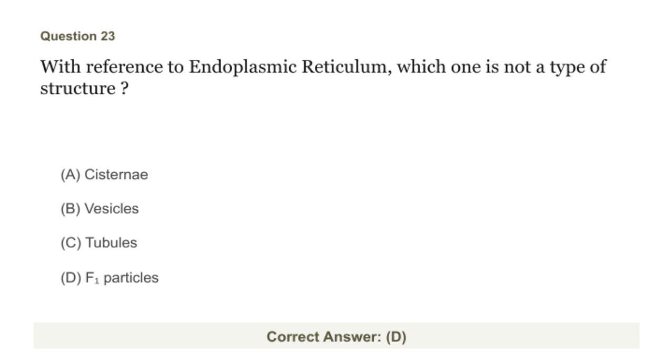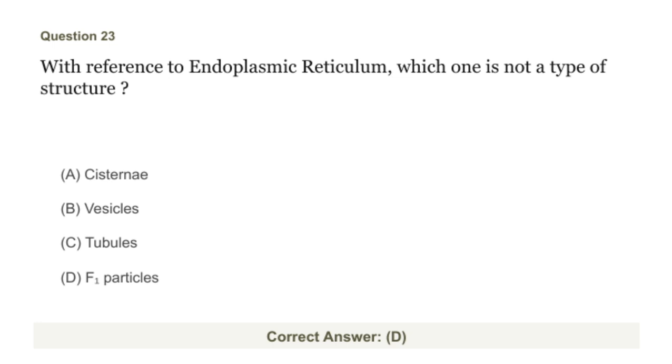All right, so for this question, we're asked to identify which of these options is not a type of structure associated with the endoplasmic reticulum. The correct answer here is D, F1 particles. Now, let's break that down a bit. The endoplasmic reticulum, or ER, is composed of various structures that play crucial roles in the cell. Cisternae, which are the flattened sacs, vesicles, which are small membrane-bound sacs, and tubules, which are the elongated, tube-like structures,